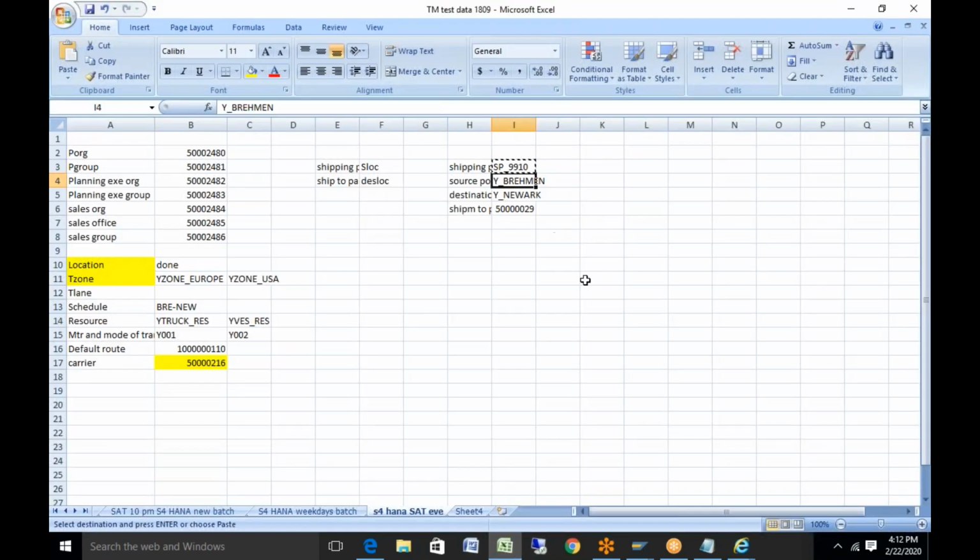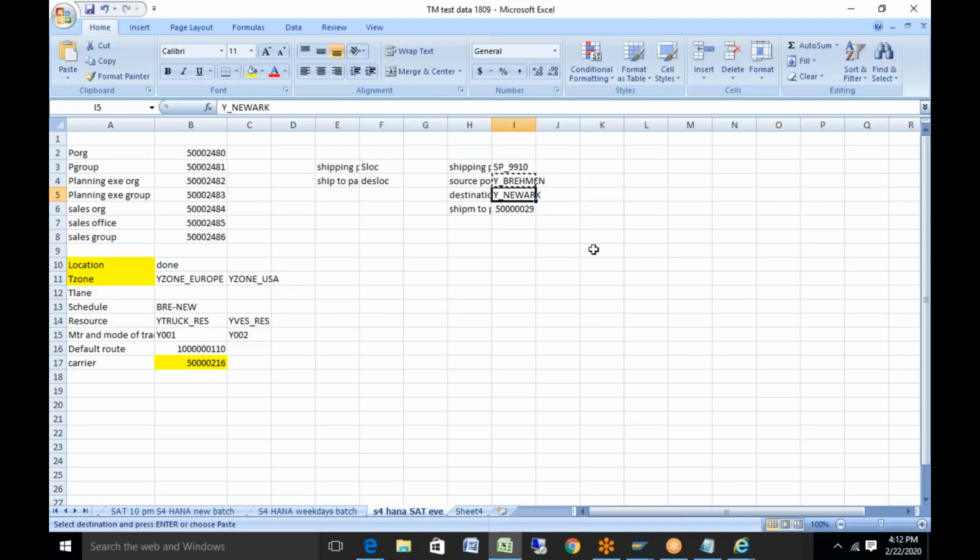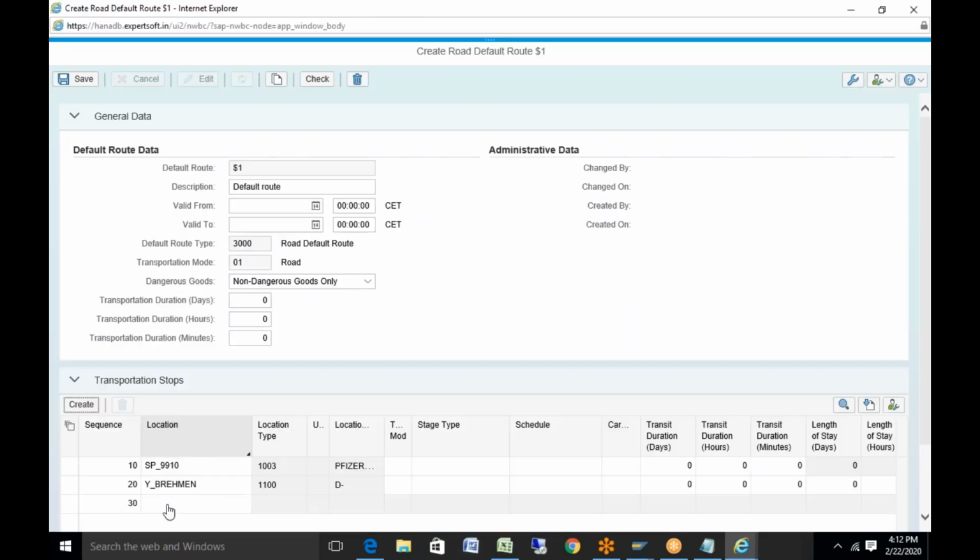Next is this one. Then is this one. Then is this one.